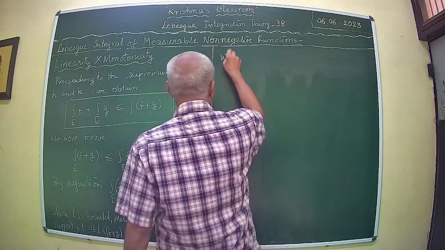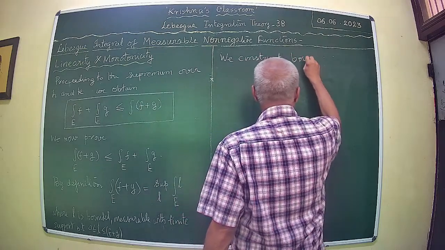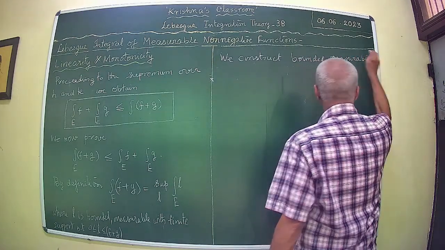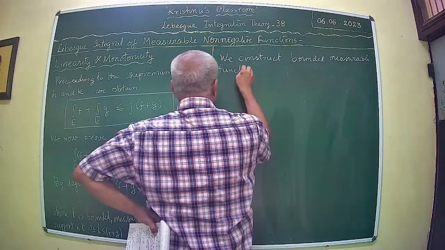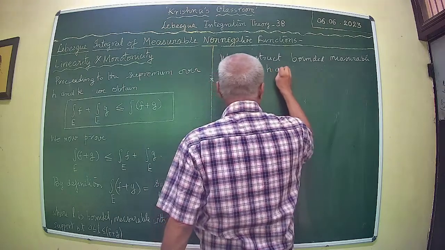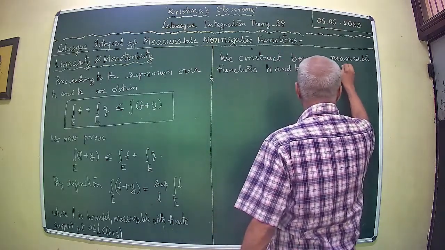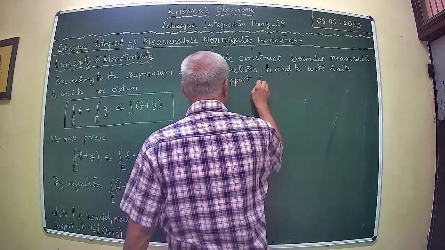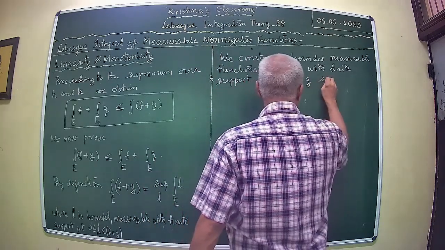We construct bounded measurable functions h and k with finite support from L, f, g such that